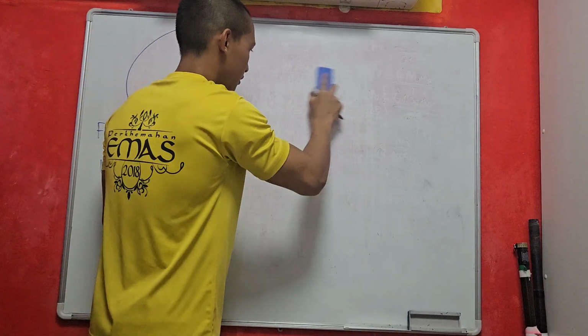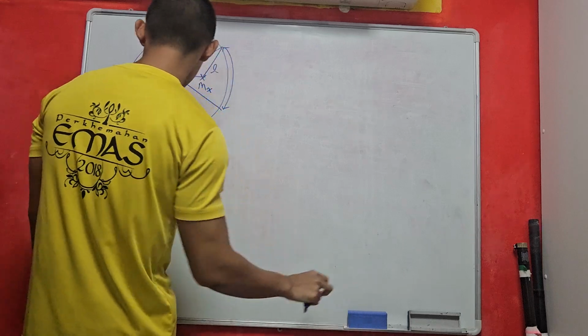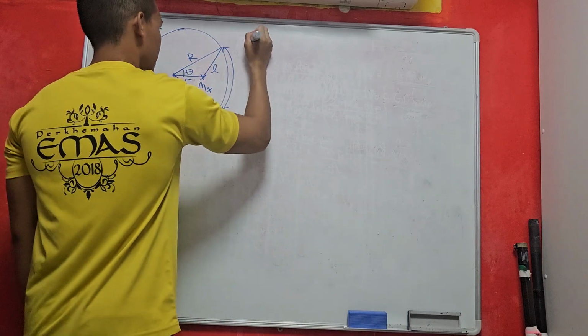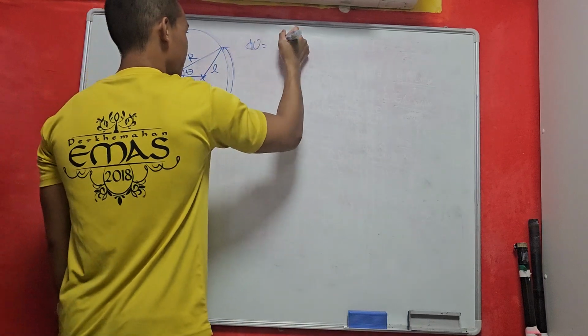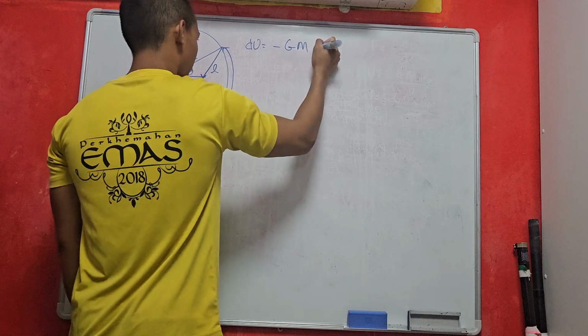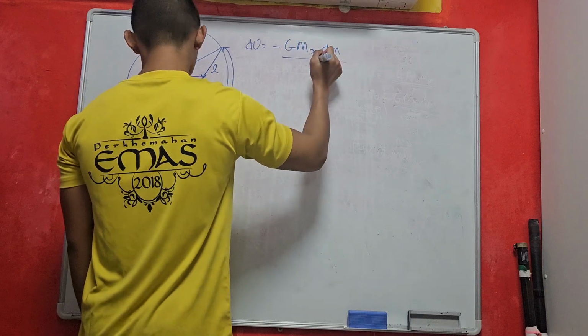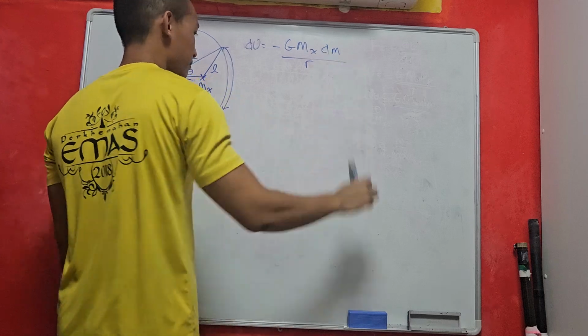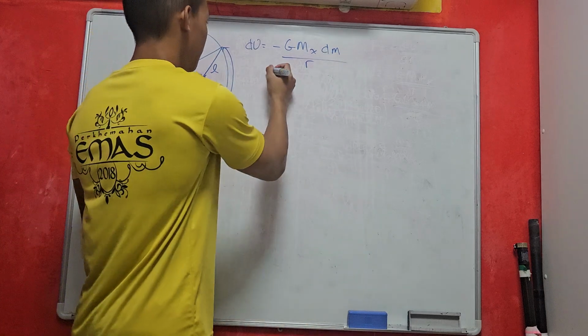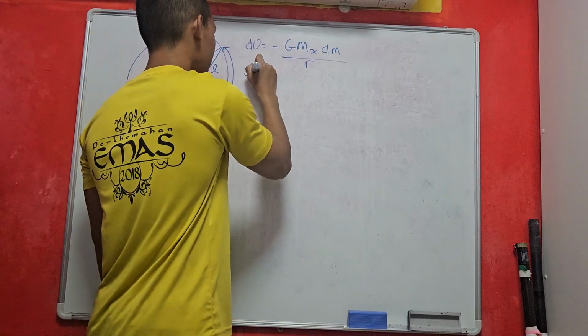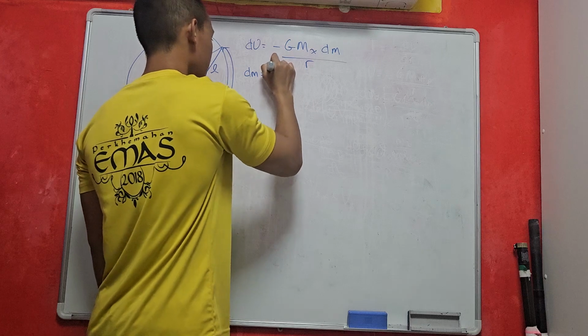So let's start by writing some equations. I can say that dU is equal to negative G Mx dm over r. And what does dm mean? dm actually refers to the mass of one ring,